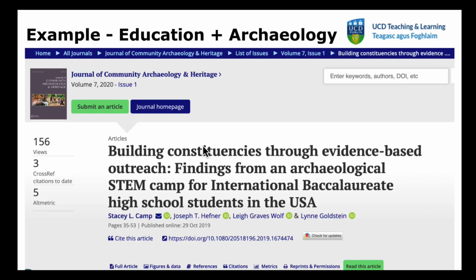For example, a handful of years ago, I worked with some archaeologists when I was working at Michigan State University. They were doing a STEM camp for high school students. I had experience as an educational technologist and as an education professor working in this space. The archaeologists had expertise in archaeology. We worked together to create a study and evaluate a STEM camp that they had run. So think of the possibilities of partnering across the university or across different universities, for that matter, in different disciplines to help you along the way.